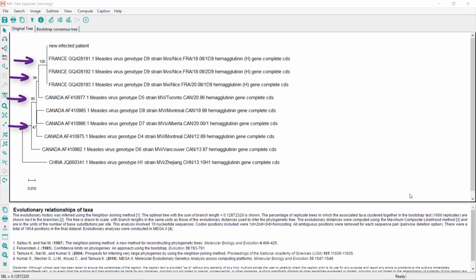The number next to each node represents the bootstrapping percent number. A high value means that there is a strong evidence that the sequences to the right of the node cluster together as it showed up in most of the bootstrap replicates.